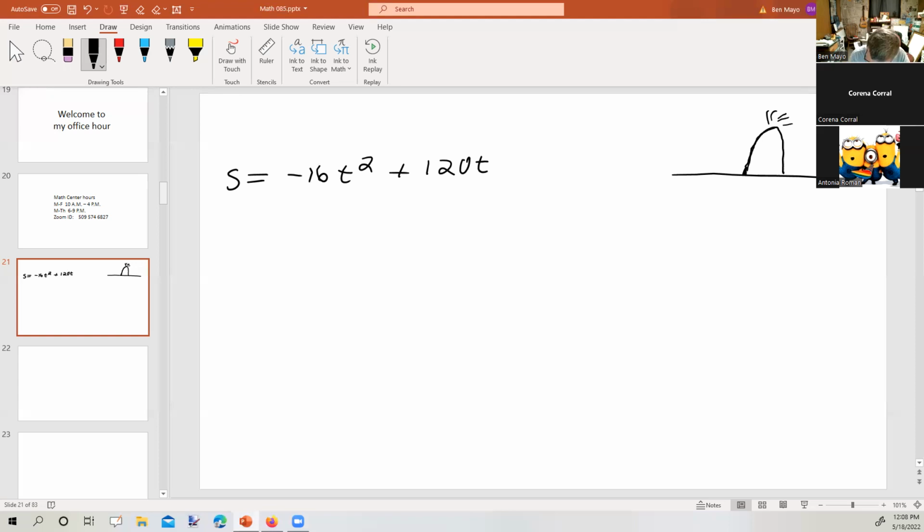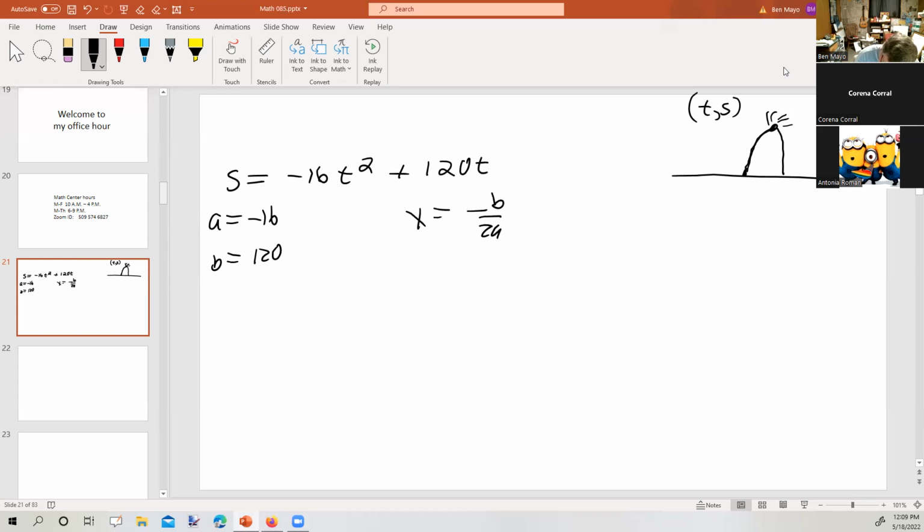They're basically asking us for the vertex, which would be in the form of t comma s, because t would be how much time elapsed till it reached its highest point, its maximum point, and s would be the height at that maximum point. So we need to find the coordinates of the vertex to answer those two questions. Well, how do we do that? Well, a is negative 16 and b is 120. If we use x equals negative b over 2a, technically it's t equals negative b over 2a, but